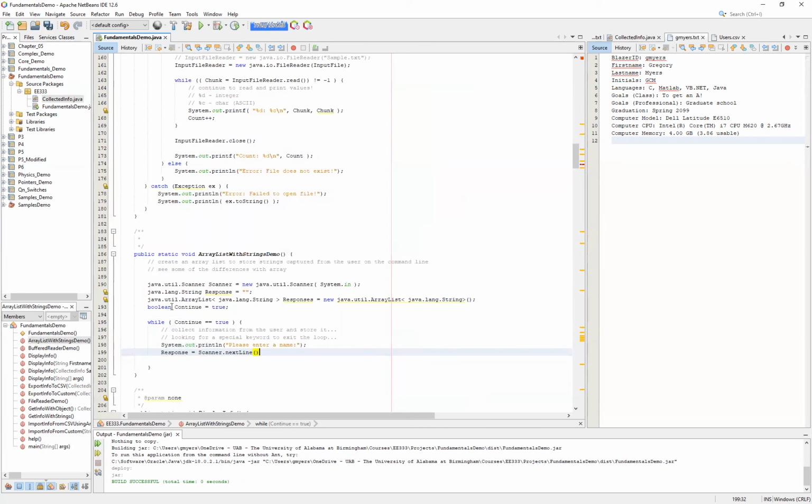nextLine. And so if you recall, the nextLine function captures everything up to the newline character in the command prompt. So basically anything the user types in at our prompt will simply be stored as a string. Now, we're not going to do any validation or anything like that in this example here, but this is going to capture and return